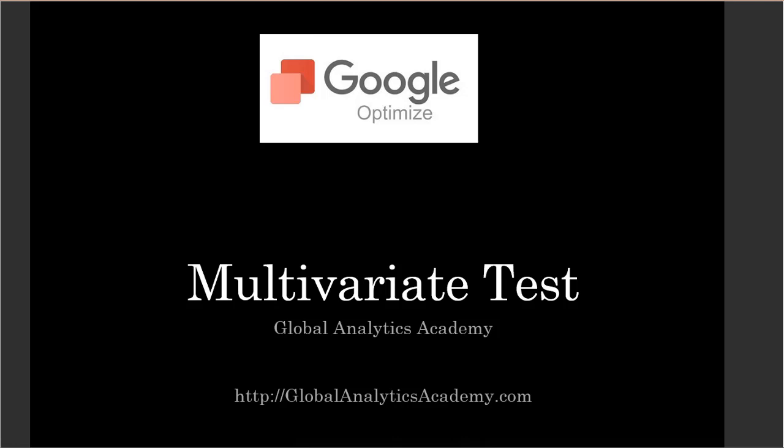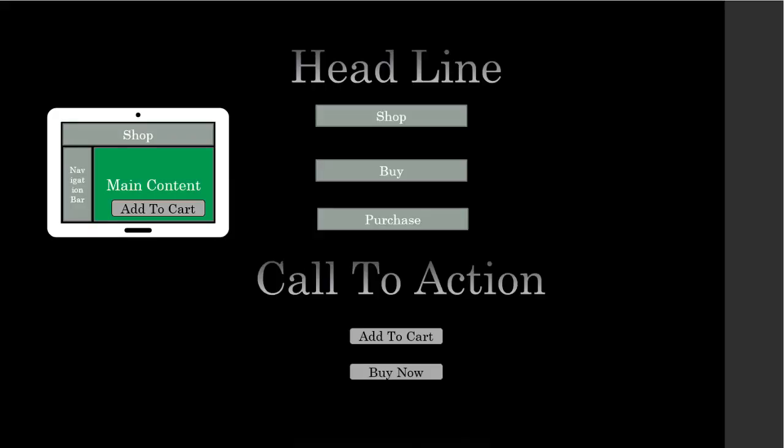In this lecture, we will look at how to create a multivariate test using Google Optimize. Just to recap, a multivariate test is where you change multiple elements or sections, as they are called in Google Optimize, to create variations of your page. For example, you might change a headline and a call to action on the button